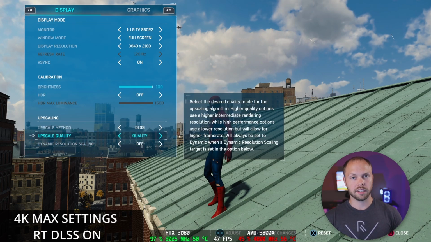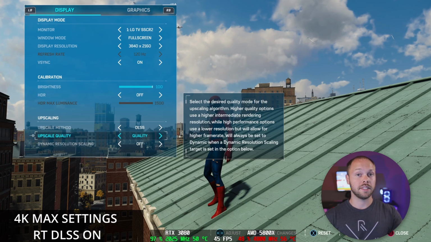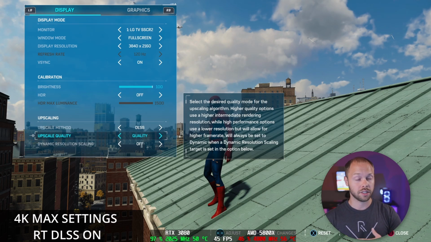The way DLSS works, or the way any technology works in terms of upscaling, is it grabs a lower resolution and upscales it to your target resolution. So in this case, we want to play at 4K. DLSS will dip down to a lower resolution and scale it up to 4K. So newsflash, if you're out there running DLSS or any other upscaling technology and you're telling people, hey, I'm gaming at 4K, you're not actually gaming at 4K. That is not a native 4K. You're either running at